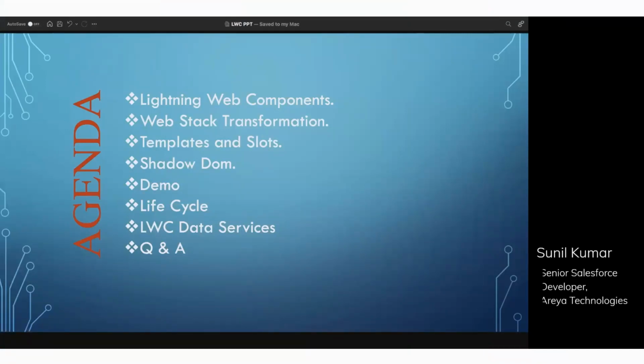What are the Lightning Web Component and its web stack, how we transform from Aura to LWC. And we do have some templates and slots and shadow DOM, custom elements, and everything in LWC. I will be giving the overview about that and a short demo on how to use the LWC with some examples. And next is about the life cycle. And we do have the data services in LWC. So let me go with the